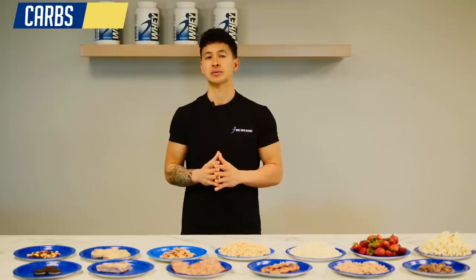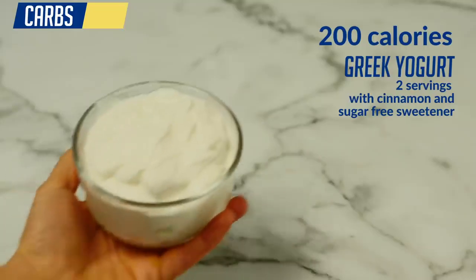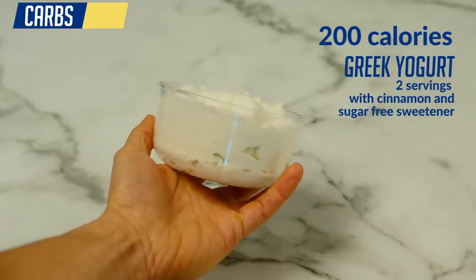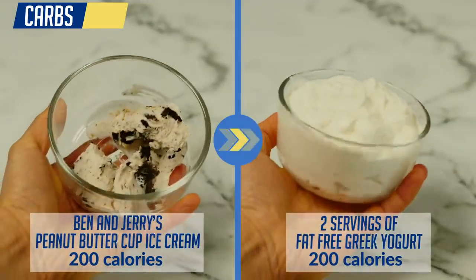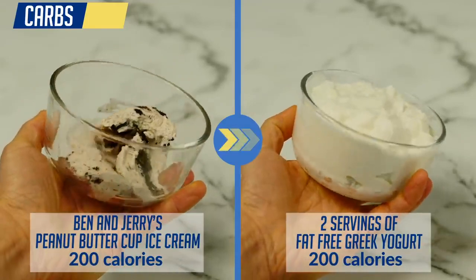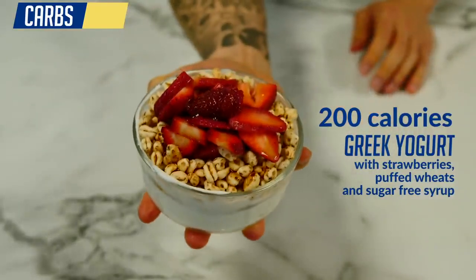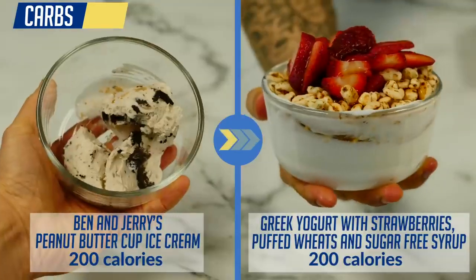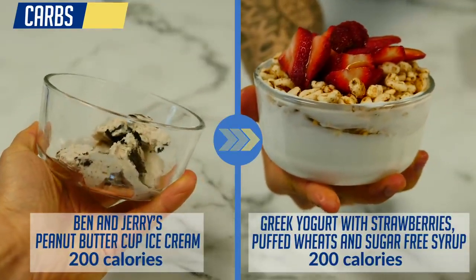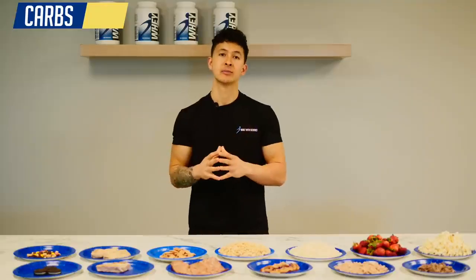Instead, a much better option that's my personal go-to and still actually satisfying would be something like 2 servings of fat-free Greek yogurt sweetened with cinnamon and a sugar-free sweetener. For 200 calories, you're getting not only more volume, but a ton of protein as well. And here's what a 200 calorie bowl of Greek yogurt with strawberries, puffed wheat, and sugar-free syrup looks like as well, which adds even more volume and flavor. Which just goes to show you how much better the volume and quality of calories can be when you make